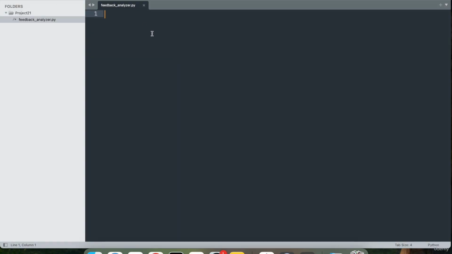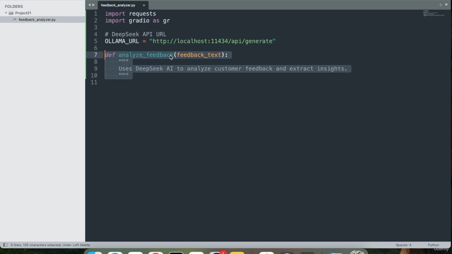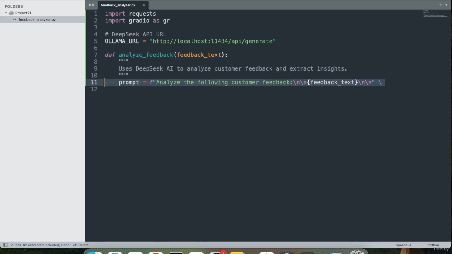the Project 21 folder. And here I'm going to start with importing requests first, then I'll import Gradio as gr. Next, I'm going to get my DeepSeek API URL, which is the Ollama URL, which is http://localhost:11434/api/generate. Next, we're going to write the function, which is analyze_feedback, which takes the feedback text as a parameter. And then we'll create a prompt where I'm saying analyze the following customer feedback, which is the feedback text we